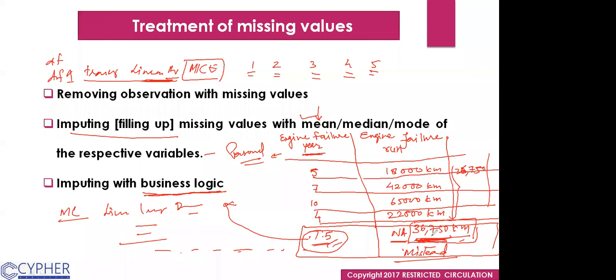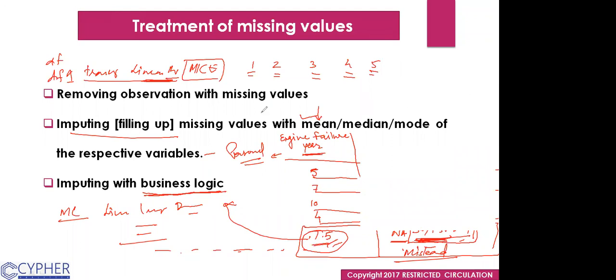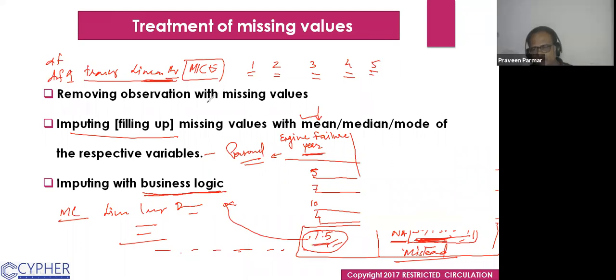Yes, sir. So this process I prefer. It's a lengthy process, not a small one. You have to create the model. You are also going to train some model, and in the pre-processing you are also training the model. But it will give a very near value. It will give the value which is very near to the real value, what should be there. Got it? It takes a long time.